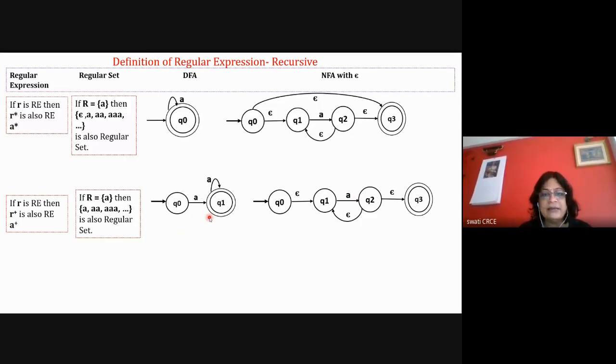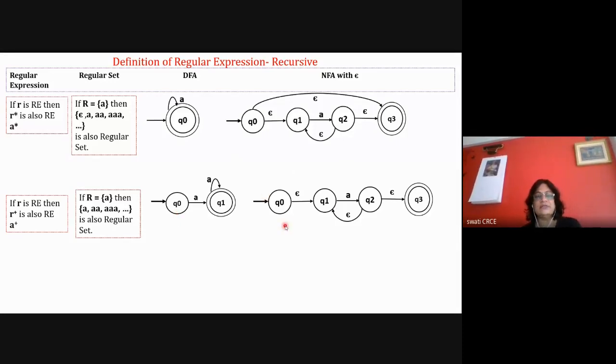So what we did here is that for the regular expression, we are drawing the standard diagram. Now, Arden's theorem, which I want to teach you. In Arden's theorem, the diagram is given to you and you have to find out the regular expression. So Arden's theorem helps you to get the regular expression for a given machine.